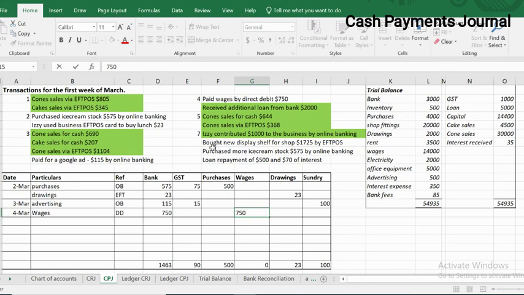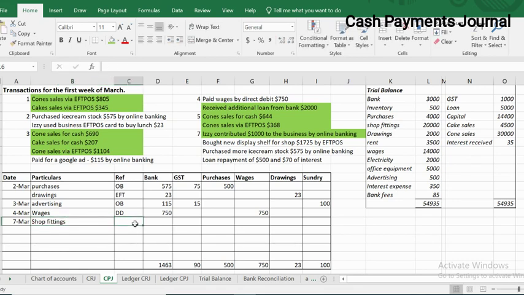The next transaction, that is a cash payment, is down here on the 7th of March. So I'm going to 7th of March. And it says bought new display shelf for shop. Okay, so we're buying equipment for the shop. So we're going to look in here. Got a couple of options. We've got here shop fittings, and we've got office equipment. Because it's for the shop, we're going to put it under shop fittings. So fittings are your shelving, your lighting, all those sorts of things that go into your shop that you use to display goods, etc. So this I'm going to put shop fittings,